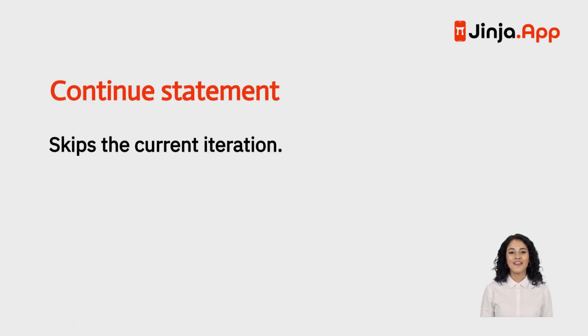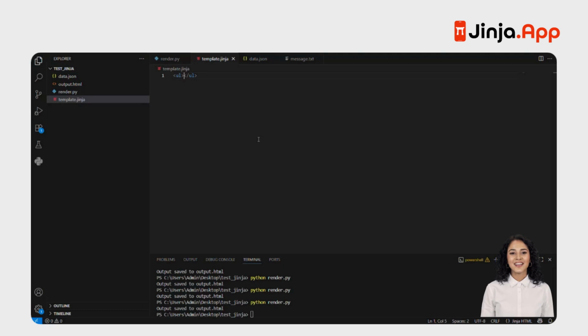Sometimes you don't want to show every single item. The continue statement lets you skip the current one and go straight to the next. In this example, we tell the loop to skip any user with an even index, so only the odd ones get displayed. Here we use a for loop again, but this time we add a condition to control which items